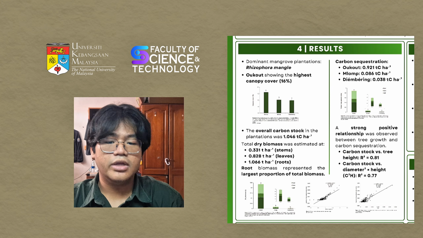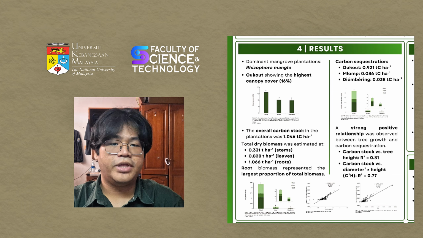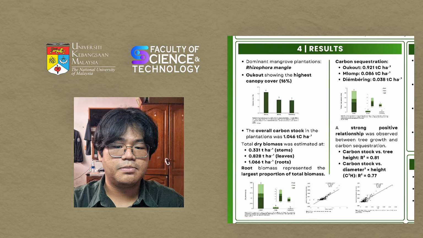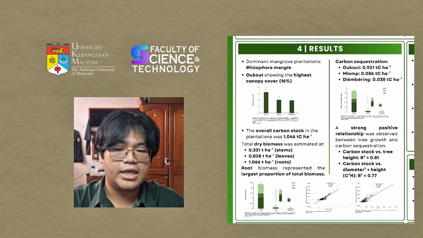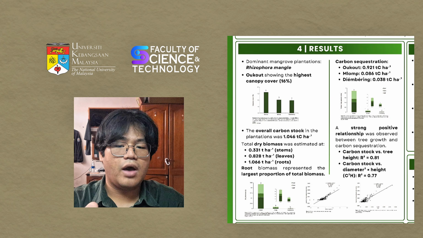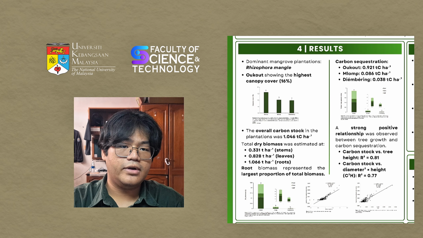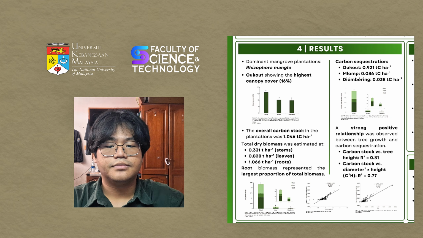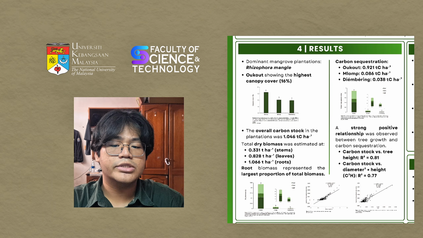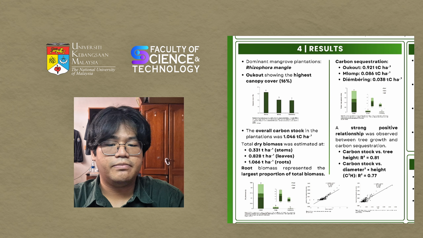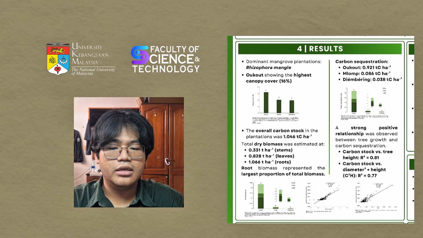For the result, the dominant mangrove plantation at all these places is Rhizophora mangrove, which shows the highest canopy cover at 16%, and the overall carbon stock in the plantation was 1.046 ton carbon per hectare. Then the total dry biomass was estimated at